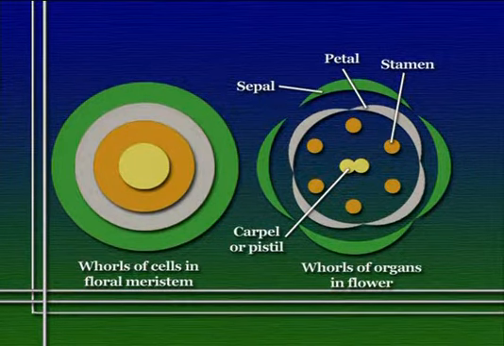Now, the question we want to ask is simply this: how does an undifferentiated piece of meristem, for example, an apical meristem, a meristem that's on the outer edge of a growing shoot structure, become determined not just to produce a flower, but to produce these 4 distinct flower parts in the right arrangement?